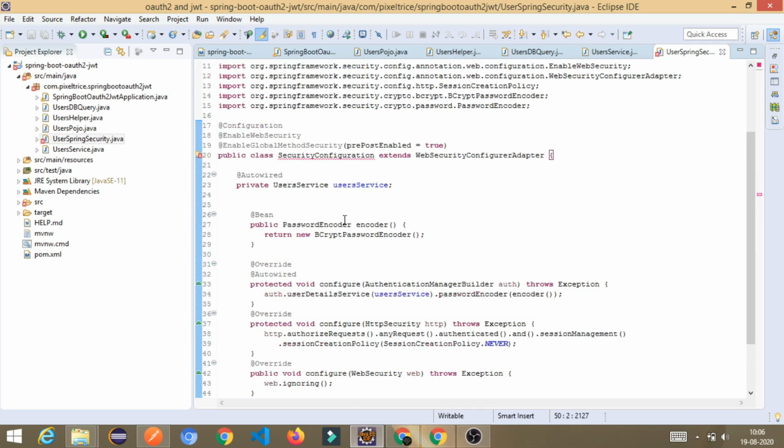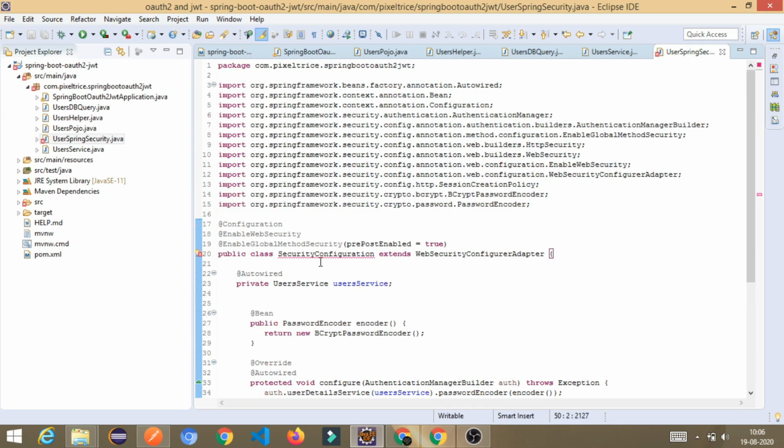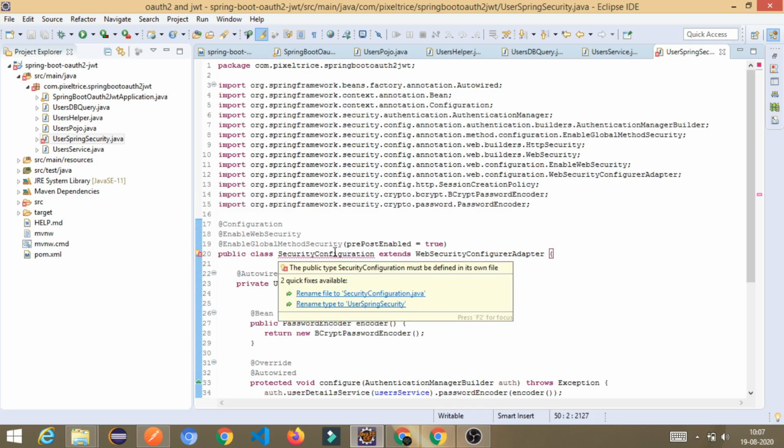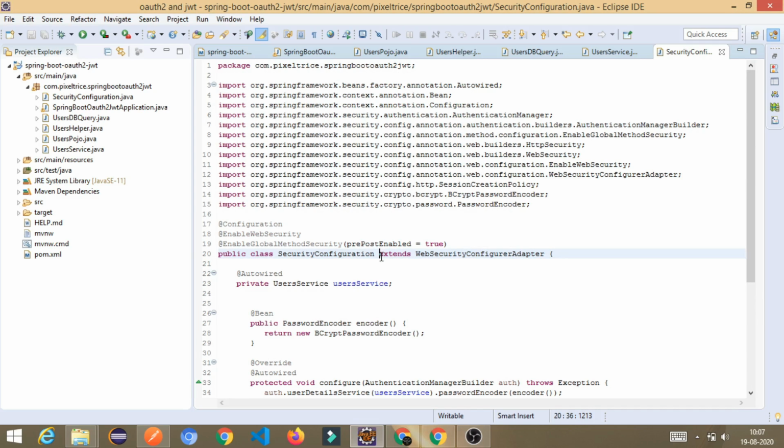So this is the class. You can rename it like Spring Security Configuration.java, or give whatever name you want.